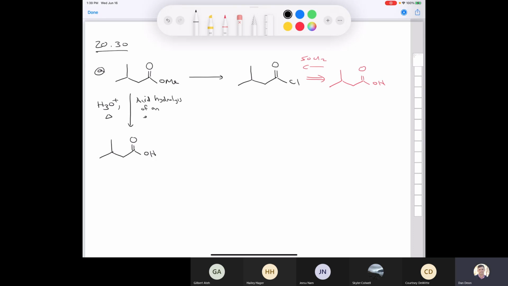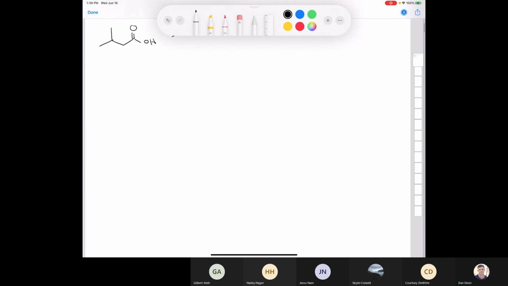of an ester. And then all we're going to do is treat that with thionyl chloride, SOCl2, and there you go. We make an acid chloride just like that. So there you go, just a two-step synthesis. We're starting slow, and then we're going to build up from there. So let's take a look at B,